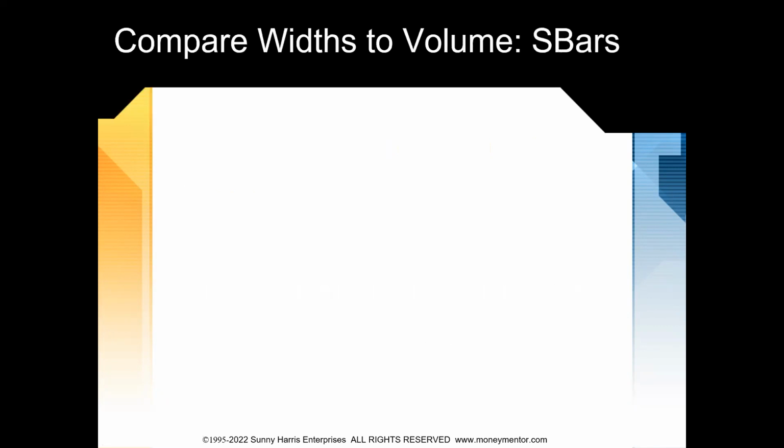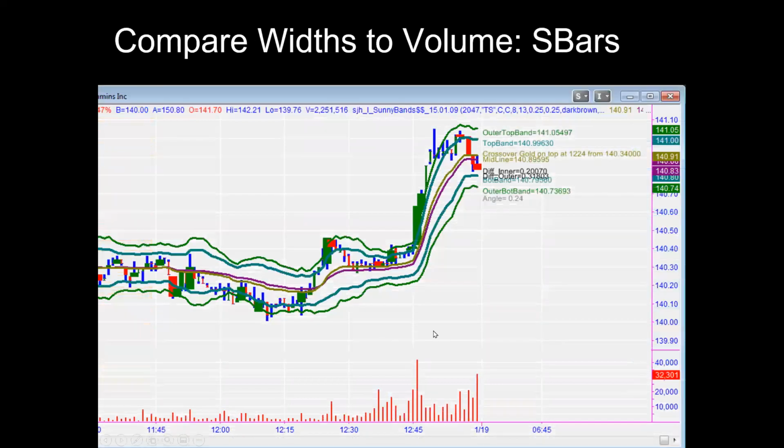So Keltner channels, let's look at something else here. This is a chart with SunnyBars on it. Of course, I name everything Sunny. And you'll see that the width of this bar is in direct relation to the height of this volume chart on the bottom. So the higher the volume, the wider the bar. And you'll see here's an arrow of bars. There's a medium width bar. Here's a medium width bar up here at the top. And I can read volume so easily just by looking at my chart. I don't have to look down at the volume.